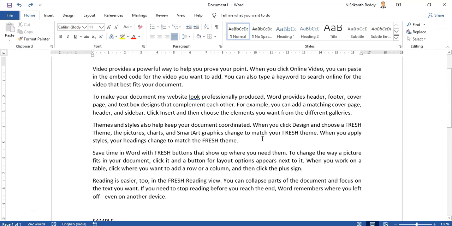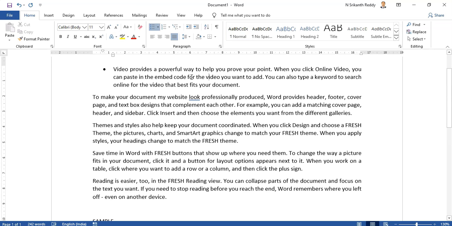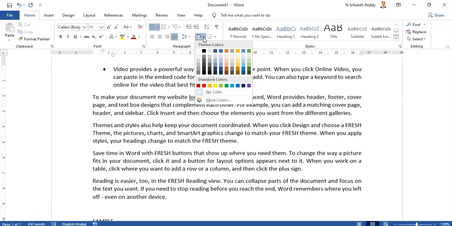Next is Control Q. With Control Q, any paragraph formatting you do gets reset. Paragraph formatting is the section of commands in the ribbon called Paragraph. You apply any of these on a paragraph, and if you want it back to original, you just press Control Q. Let me demonstrate. Let me select this and apply bulleting, and then I am putting color.